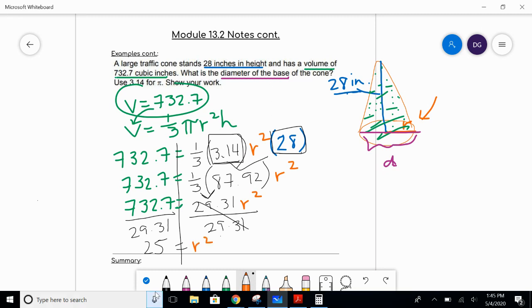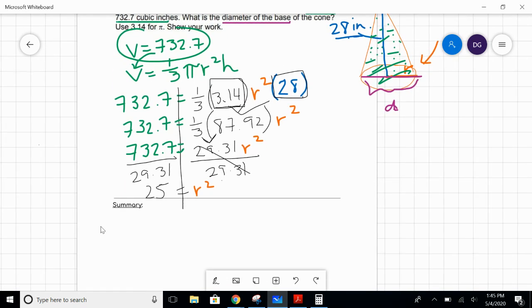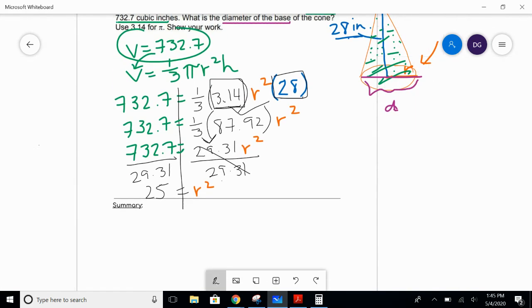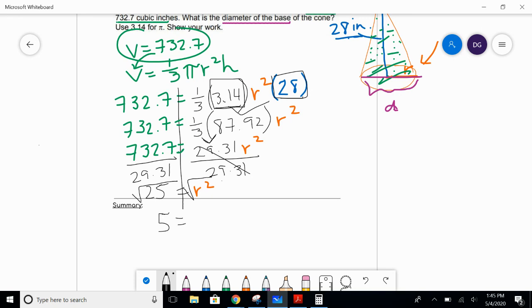Now, our very last step is we want r by itself, but we have r squared currently. So what we have to do is the opposite of squaring a number, which, remember, in Pythagorean theorem, we looked at that. Opposite of squaring a number is taking the square root. So the square root of 25 is 5, is equal to r. So we have that our radius is 5 inches. But hold on,